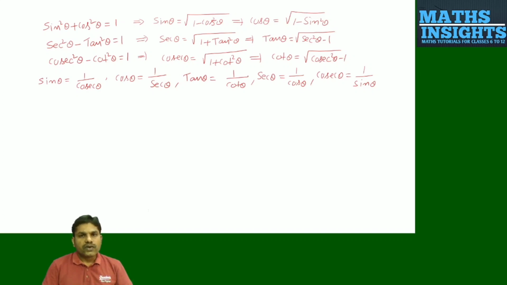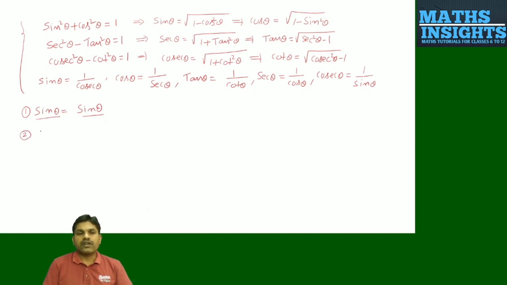So, if you want to convert all the trigonometric ratios into a single ratio, you have to remember all these results. I will write all the trigonometric ratios in sin theta. Then I will write all those trigonometric ratios in tan theta also. And I will leave it to you to write the remaining ratios in the remaining ratios. So the first one is sin theta. Sin theta can be written as sin theta. By taking all trigonometric ratios, now I am taking sin theta and I have written sin theta as sin theta. Therefore, it is converted into sin theta.